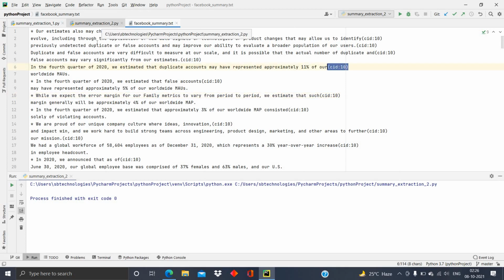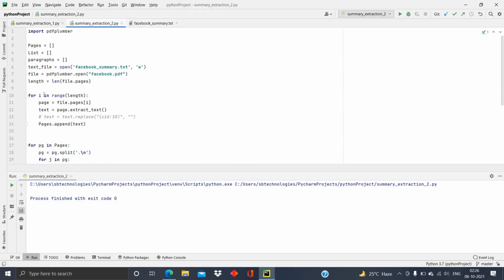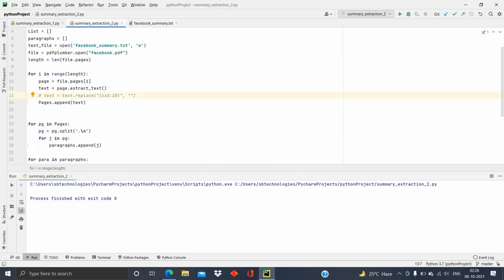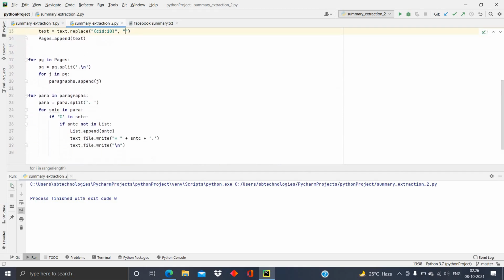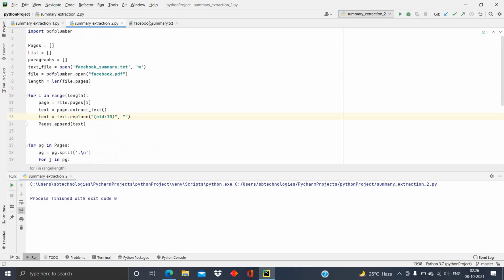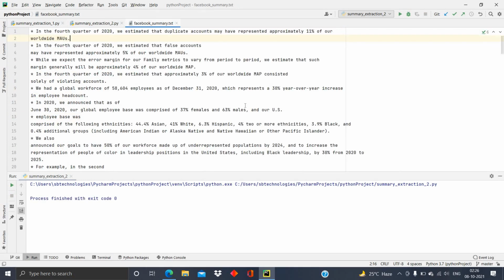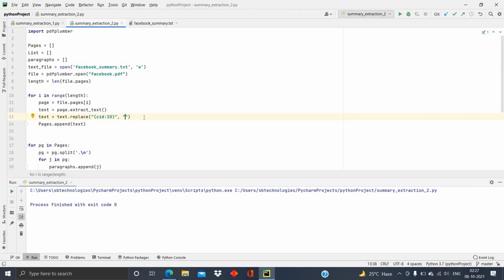We can simply remove all of this by replacing those characters with an empty string. Then you can simply remove that. Yes, you can observe that the characters were removed. Actually, those are replaced with the empty string. You can try it on any of the financial reports